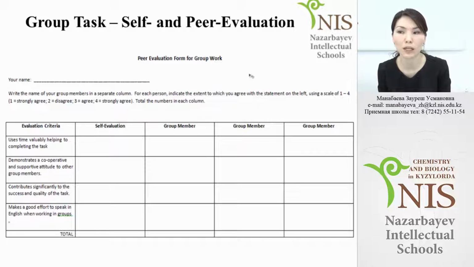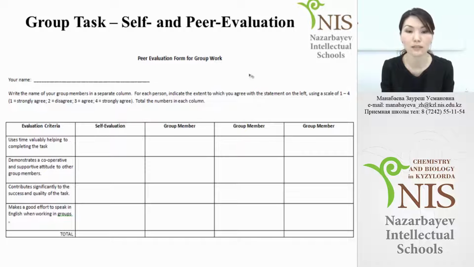So sometimes we had really bad situations when a student was just standing saying, I don't want to work with this student, I can't. And the work really didn't go on. And of course it has a very big impact on the outcome, on the result of the work. So what I came up with later